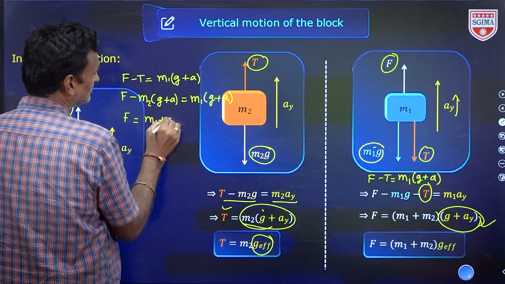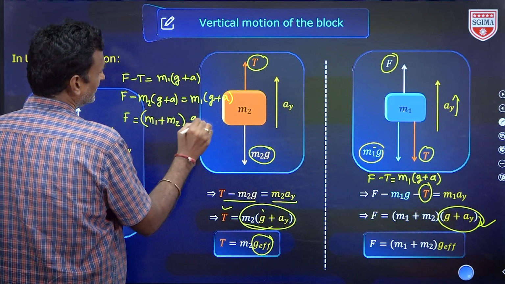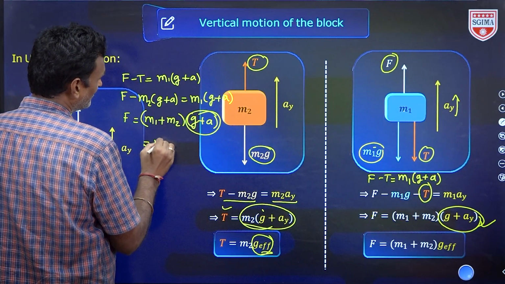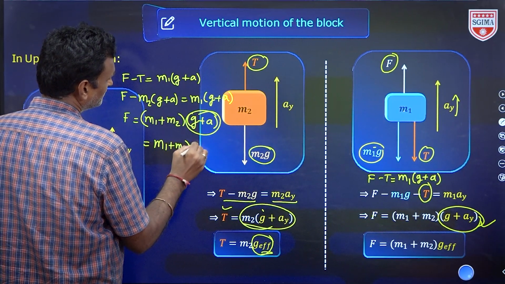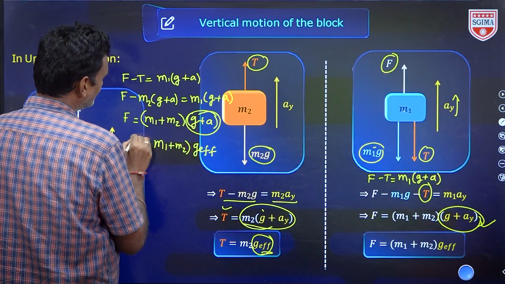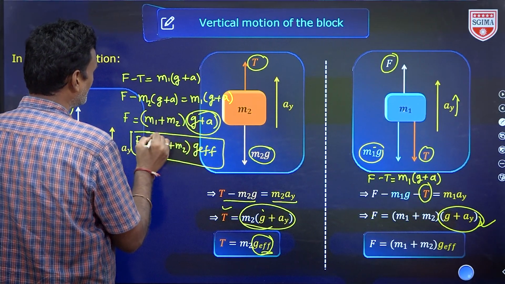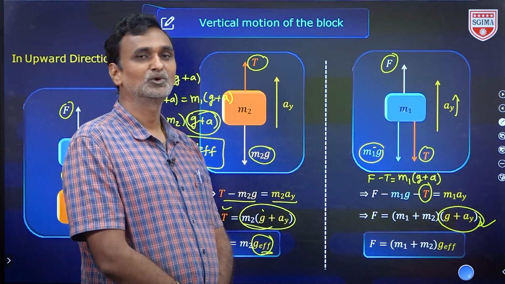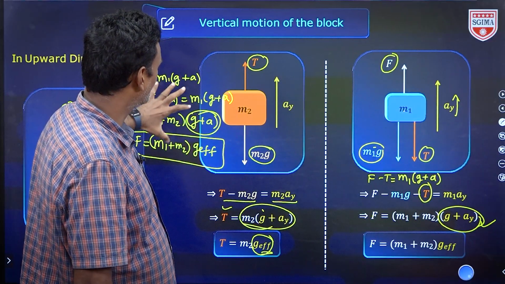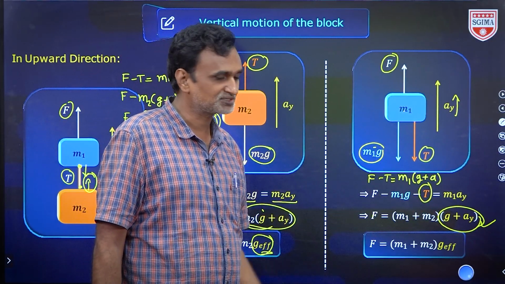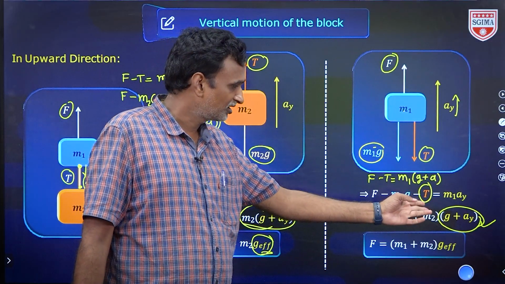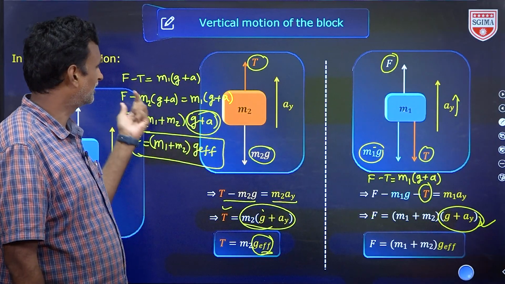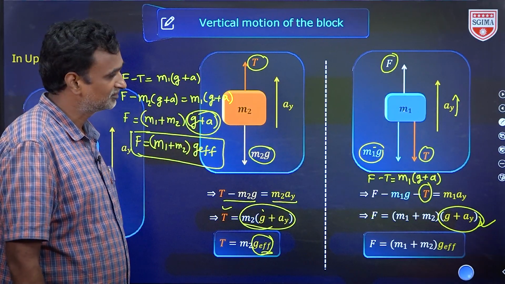So we can take (M1 plus M2) into (g plus a), and this (g plus a) we can take as g effective. Finally, (M1 plus M2) into g effective. That is the force applied on the system to pull upward with a given acceleration a. So for clarity I have solved it here. Whoever got it in the first step, no problem, and for those who did not get it clearly, you can see this one also and get an idea of how to get this answer. Thank you. Next,